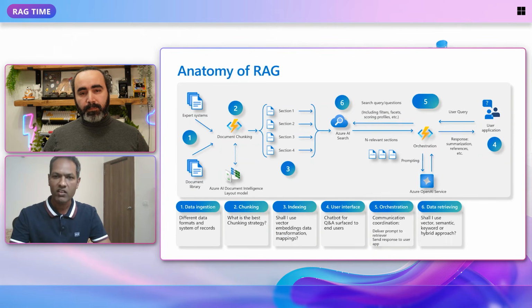Once you're past that, it is important to understand how grounded the results are based on customers' own data. This is very important from an enterprise perspective. And search systems like Azure AI Search play a crucial role here by making sure that the system sticks to what they do.